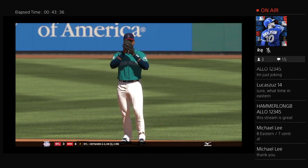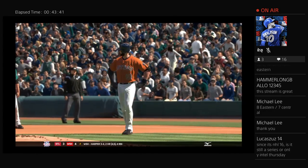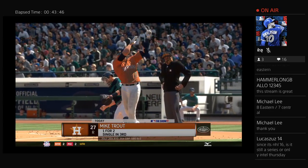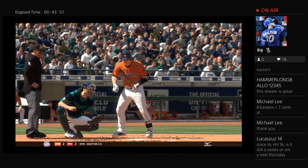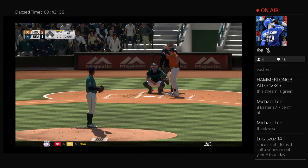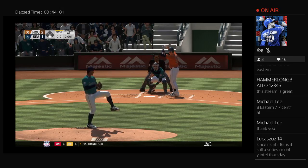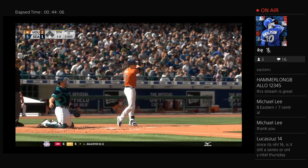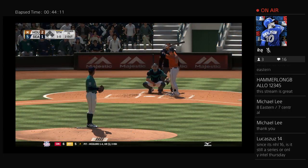The center fielder, number 27, Mike Trout. Here's the center fielder, Mike Trout. A hit in 2 tries so far. First pitch of the at-bat. In tight here with the first pitch fastball. That's 1-0. 2 outs, nobody on, but a base runner here feels like it would really change the complexion of